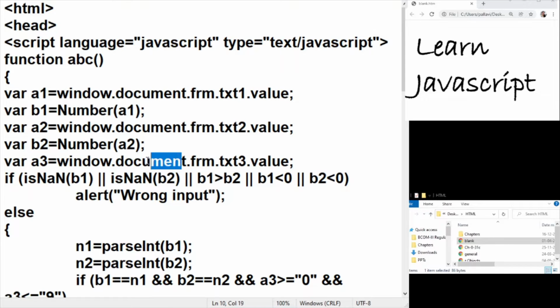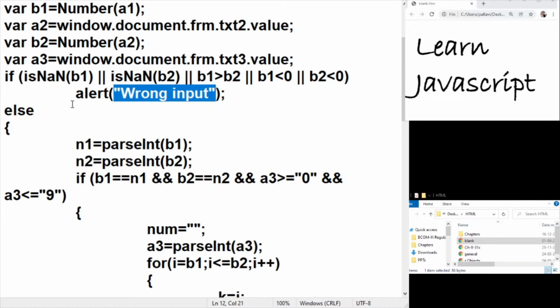And the single digit has been stored in A3, which is not converted into a digit yet, and then to validate whether they are numbers or not numbers and the ranges are correct and that the ranges are not negative, the check has been done here and an error message has been generated. Now I'm using the same code of the previous definition where we searched for the occurrence of the digit. Now this time we are interested in only one occurrence of the digit.